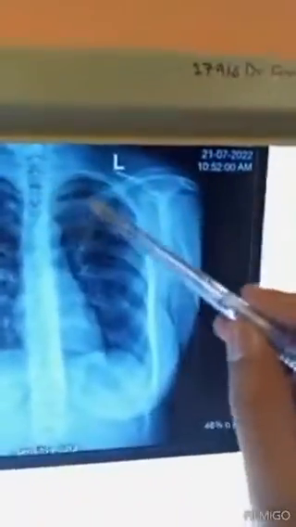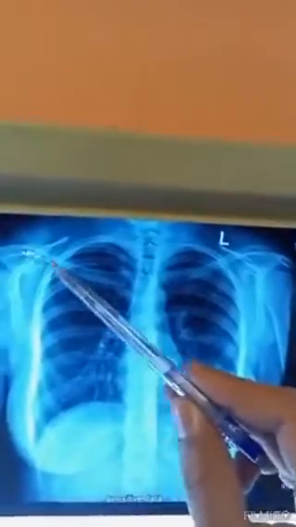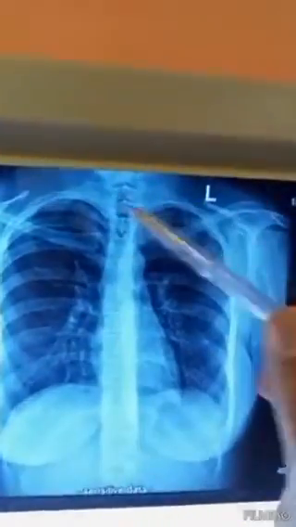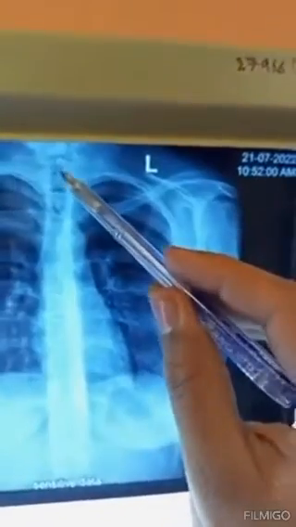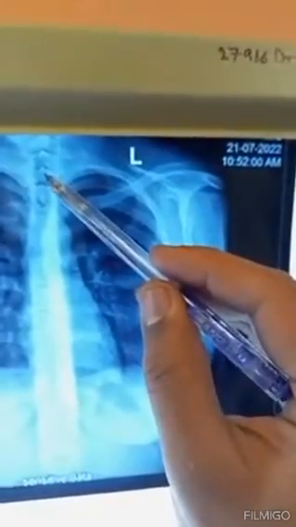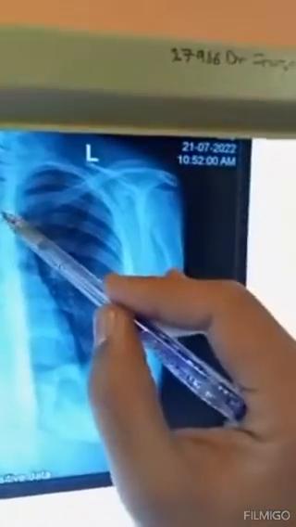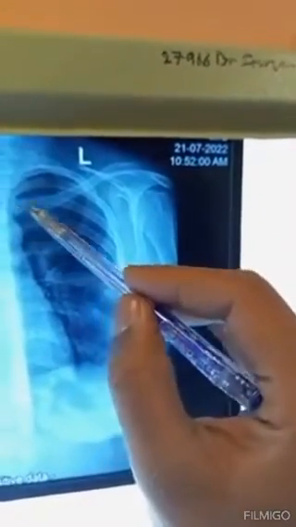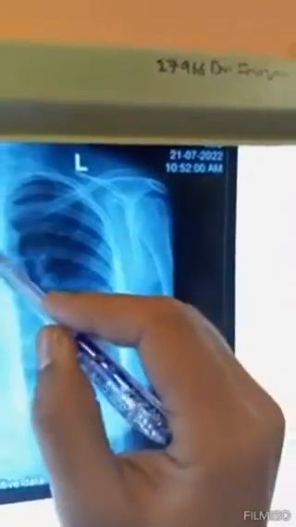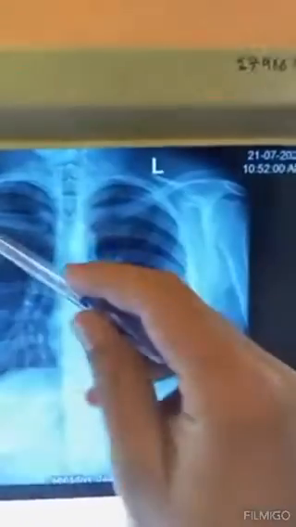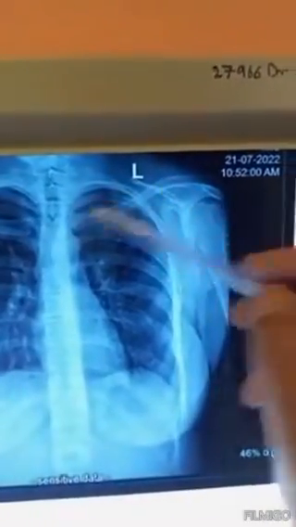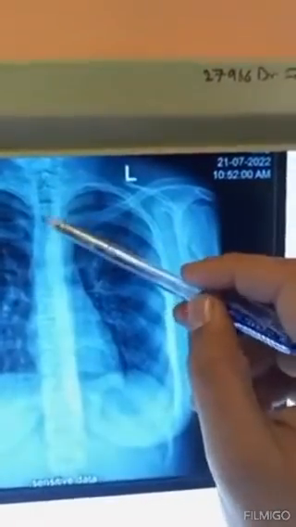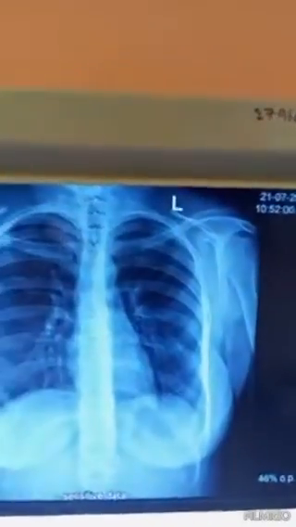So look at this. This is one clavicle, this is another clavicle, and in between you can see the spinous processes. This is a spinous process, this is another spinous process. From this spinous process, this clavicle is equidistant as compared to this clavicle. So this is non-rotated. This clavicle measures the same as compared to this one from the spinous process. So this film is not rotated, right? Second,